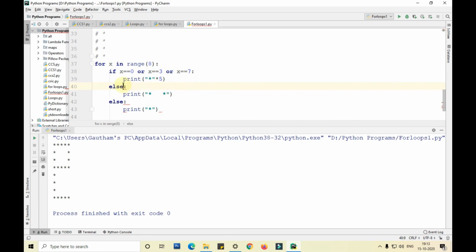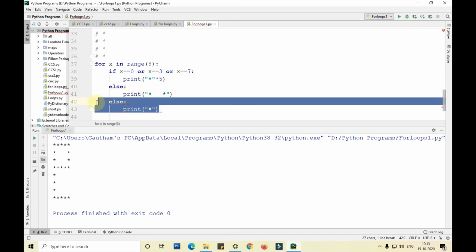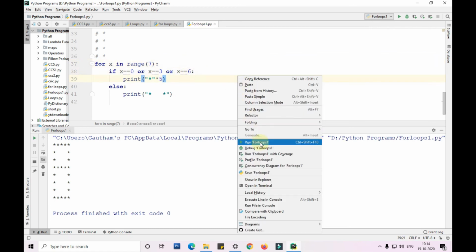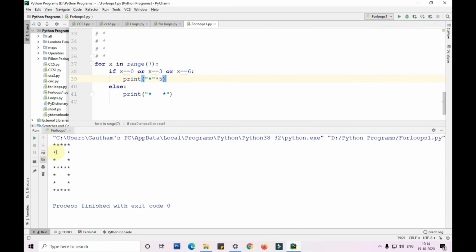This is of no use, and remove this. If we do this and run, you can see we'll get the letter B, but it is not in the proper way. We need to adjust that thing. So I'm changing this range to 7 and changing this to 6 and running this program again. You can see it is in the 8 format or B format, whatever we can call.